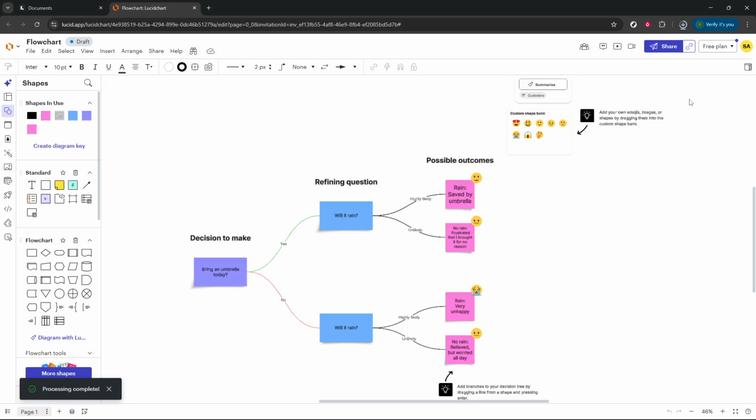And there you have it. You're now ready to use your diagram outside of Lucidchart. Whether you're sending it to a colleague, presenting it in a meeting, or simply